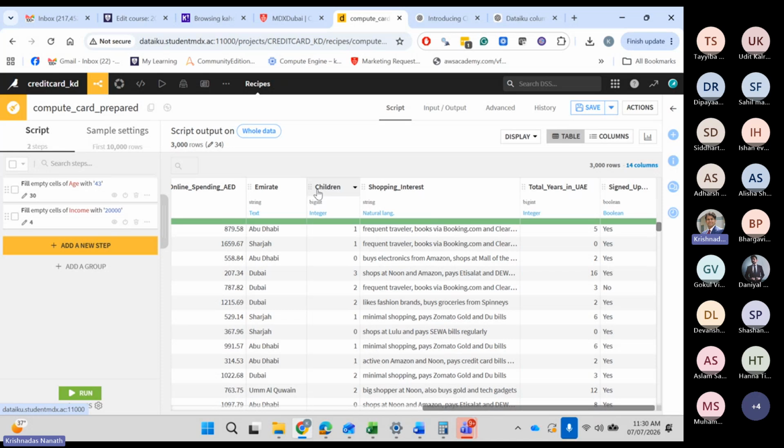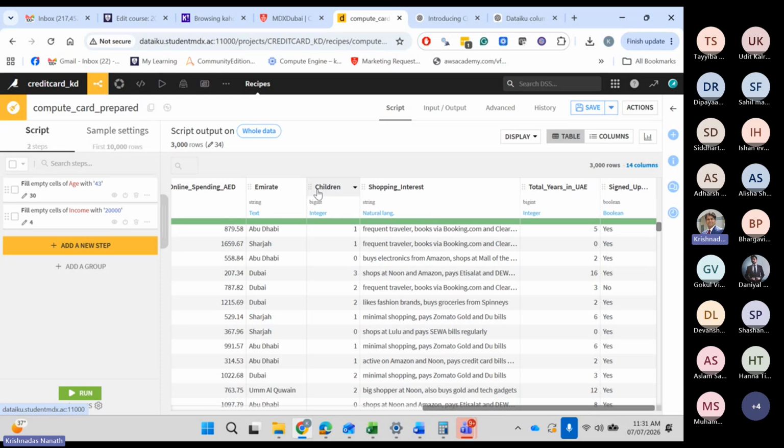So how should you be prompting at this point if you're using GPT? Everyone, please be careful. I'm not going for if then else. Even if you have used if then else, have a look here, because later you probably will have to come up with formulas that you don't know. So the best way is to prompt GPT. Number one, you have to inform GPT that you're using Dataiku.